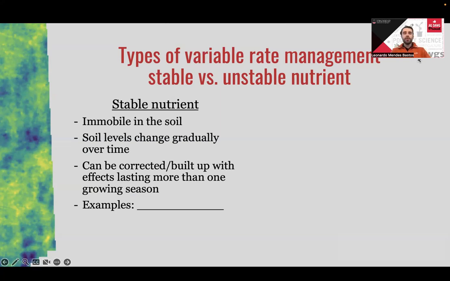So stable nutrients are things that are normally immobile or really close to being immobile in the soil. Soil levels will change gradually over time. So it's not something that changes very fast and can be corrected or even built up, with the effects of that application potentially lasting more than one growing season. Right. So if we think of it,